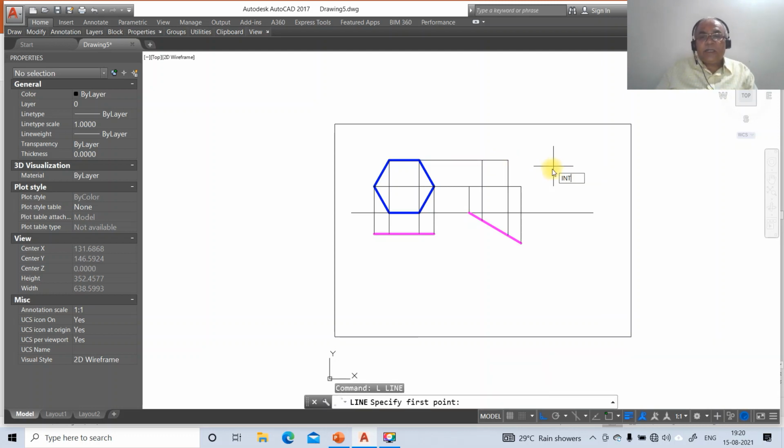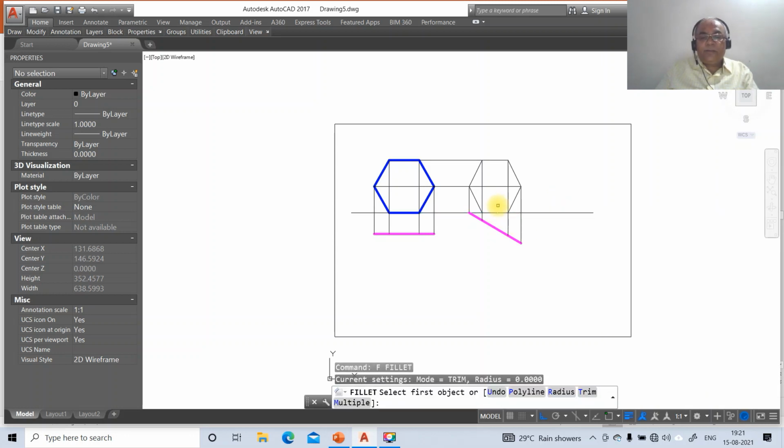And then go to line, take INT of this and take intersection point of this and take intersection point of this. Then similarly, take line INT of this and take intersection point of this. Then go to break this line, first point, take